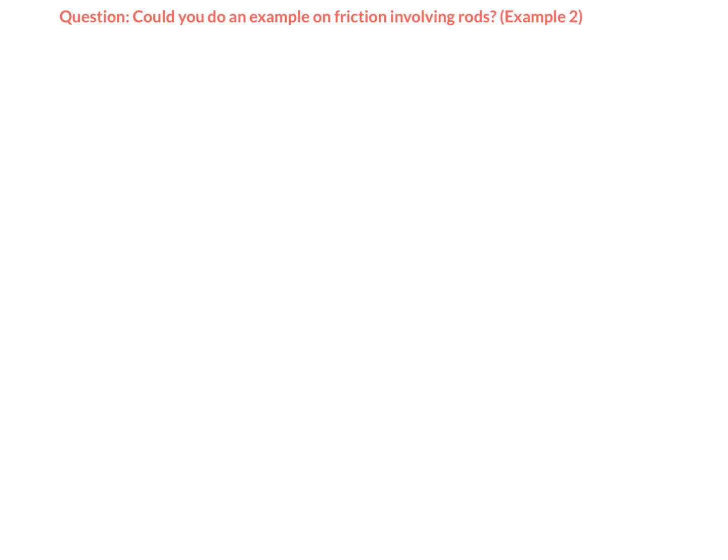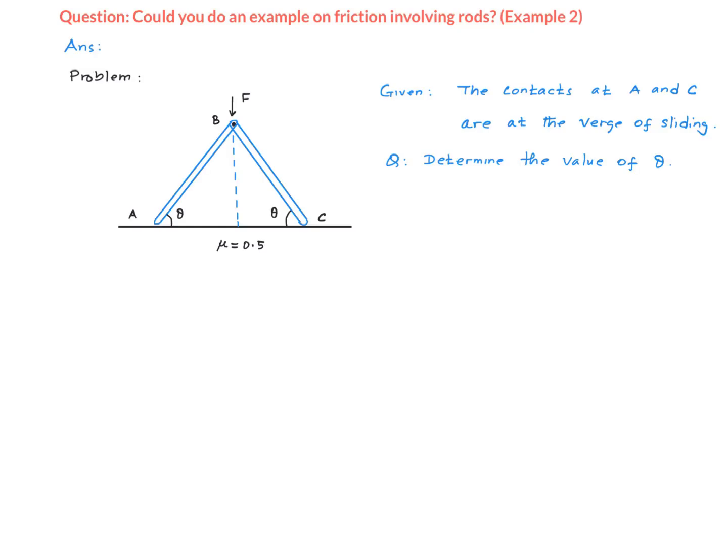The question that I have is, could you do an example on friction involving rods? Let's work on this problem. We have two rods, AB and BC, connected through a pin at point B. Point B is subjected to a vertical force F. The coefficient of friction between the rods and the floor is 0.5 and we are to find the value of